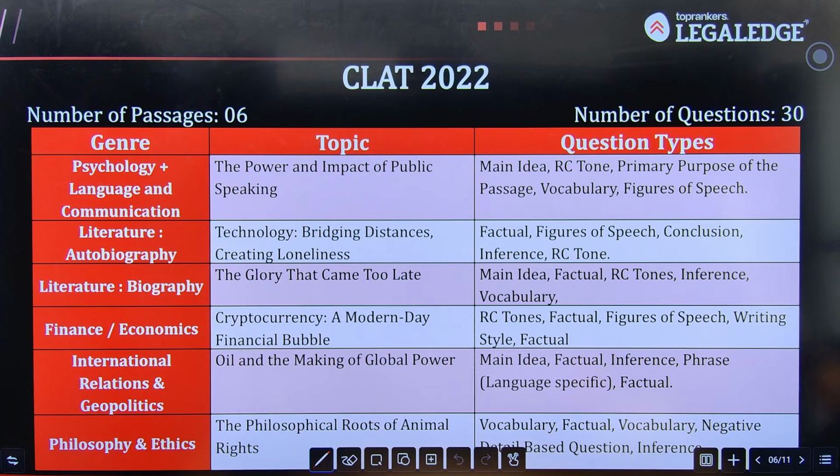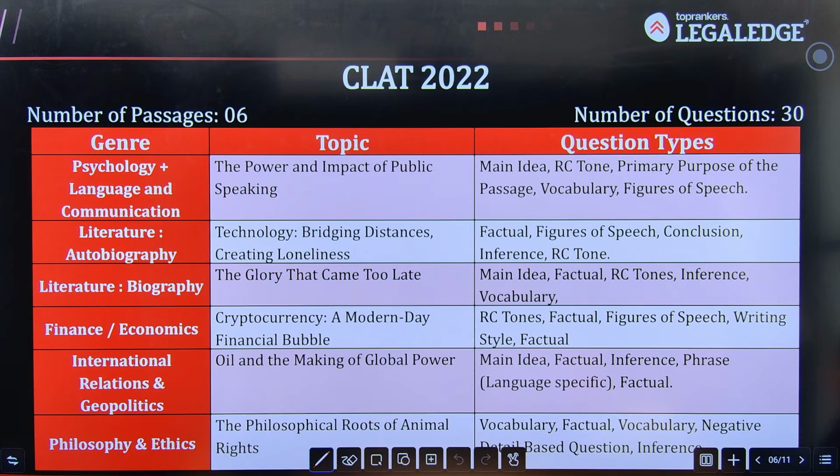Now, next topic is international relations and geopolitics. So the title of the passage is Oil and the Making of Global Power. The question types which were common there were main idea, factual questions, inference, phrase specific question, and then again factual